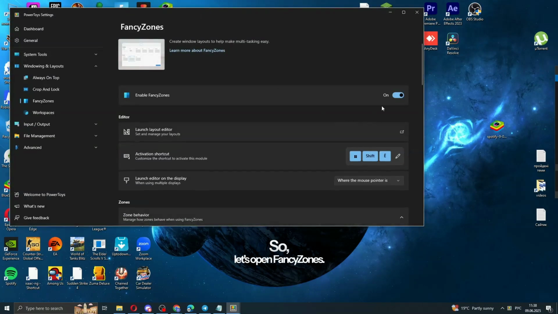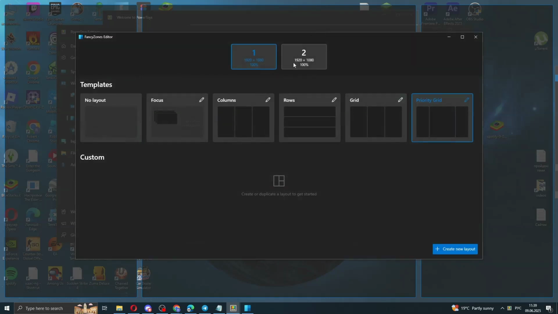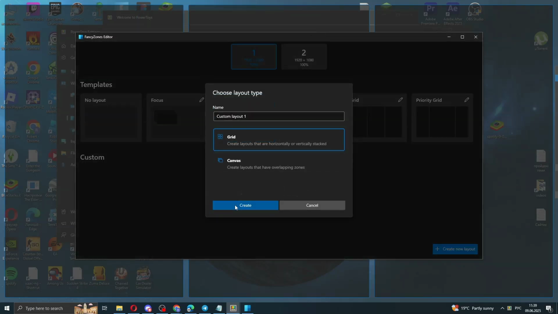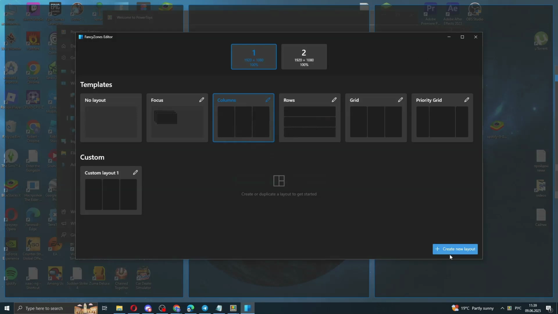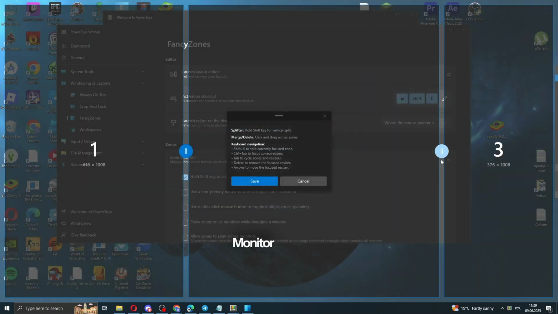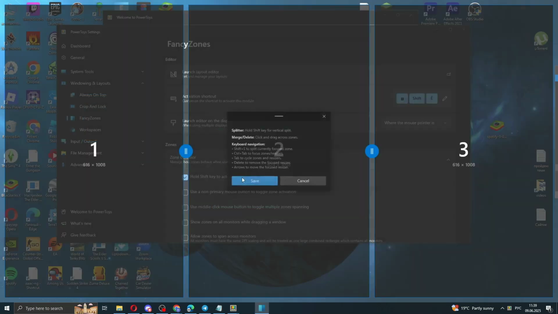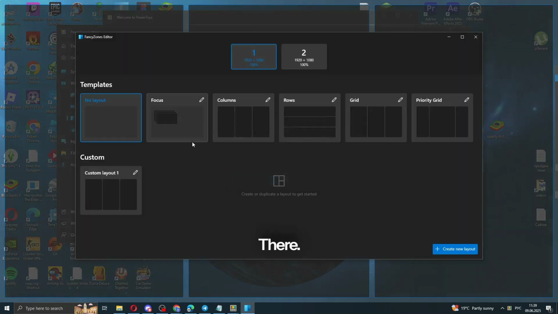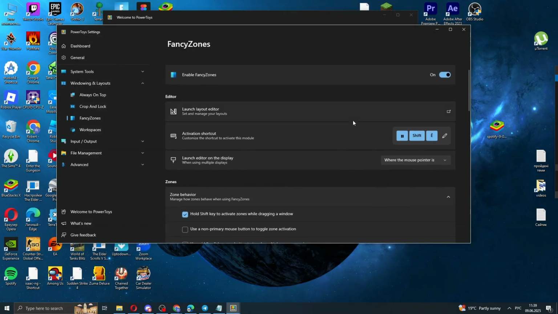So let's open FancyZones. Open the editor. Here we can divide our monitor into parts, rows, no layout, or create custom. There, let's use columns, shall we? There, and we can